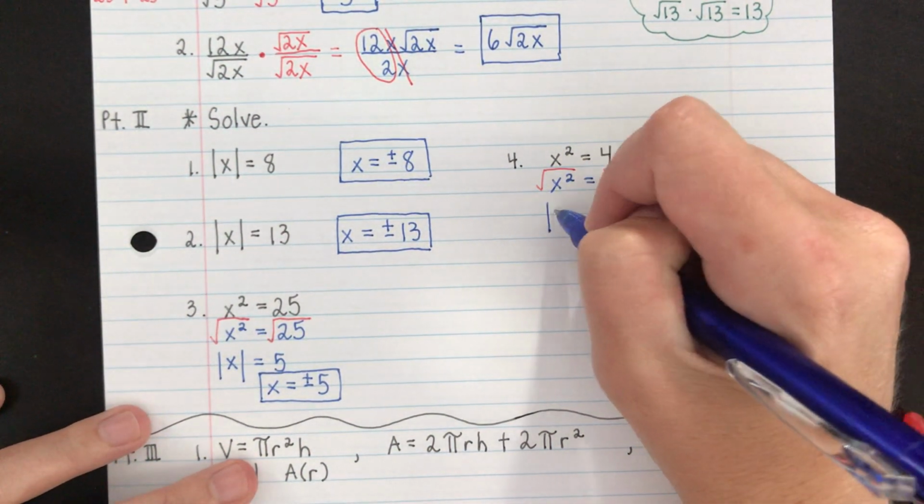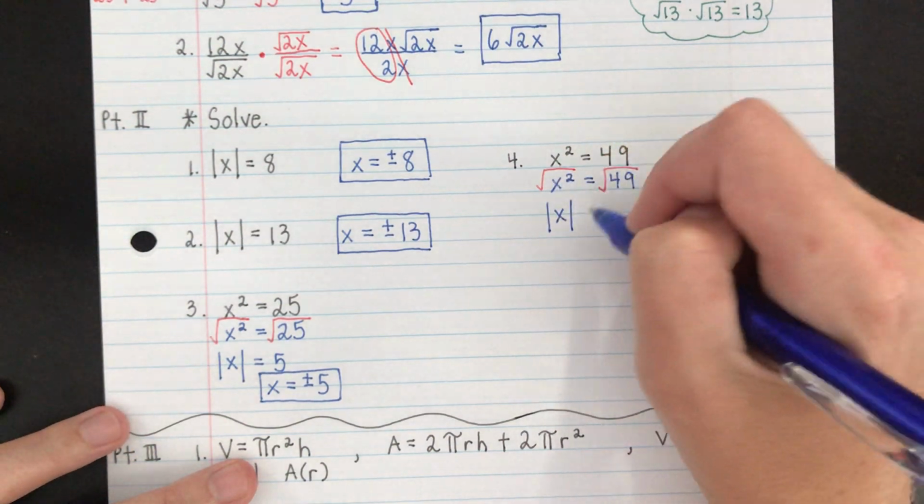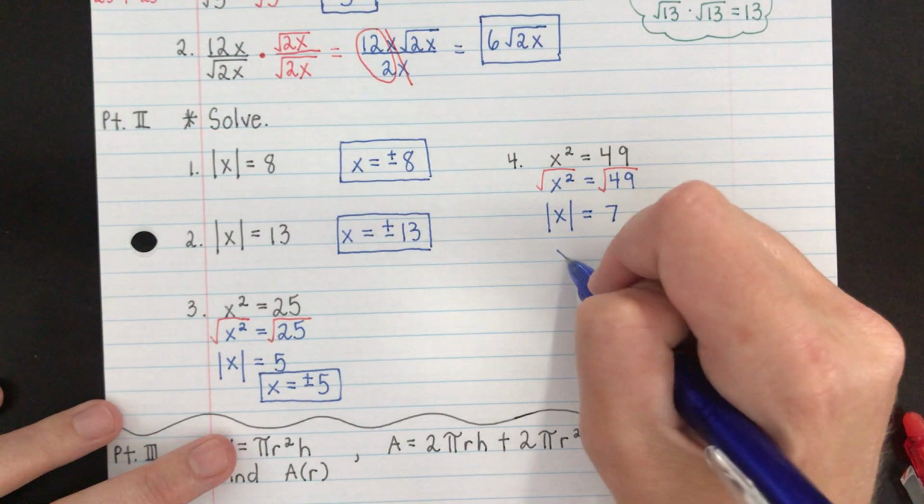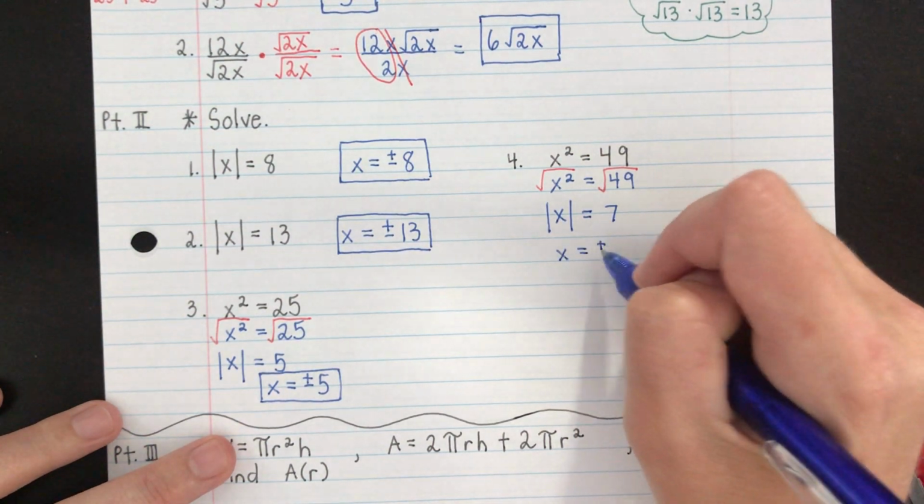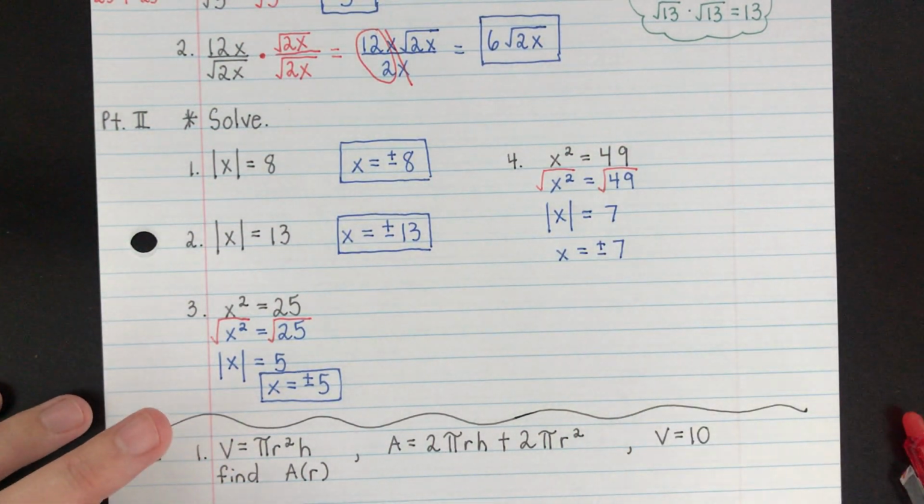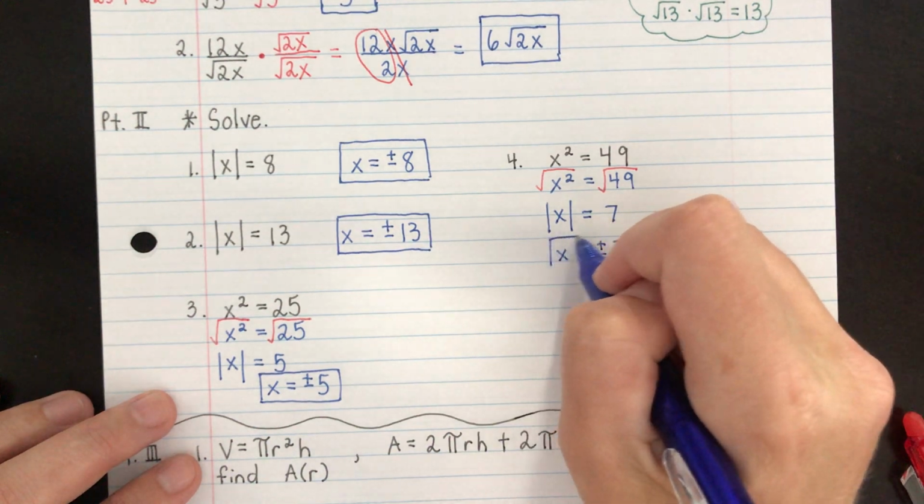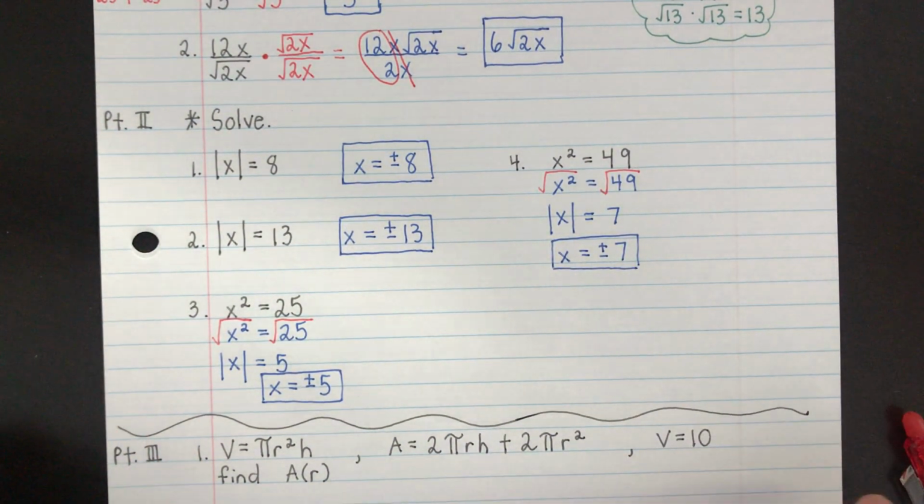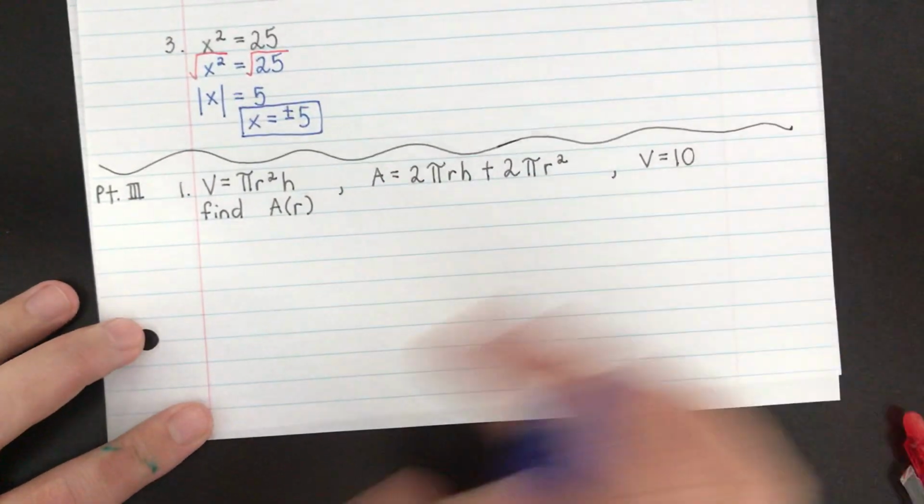And then, of course, the square root of x squared is the absolute value of x. The square root of 49 is 7. And then to get rid of the absolute value bars, you have x equals plus or minus 7. Okay, so those are the Algebra 2 things we need to know before we get started with our 2 problems